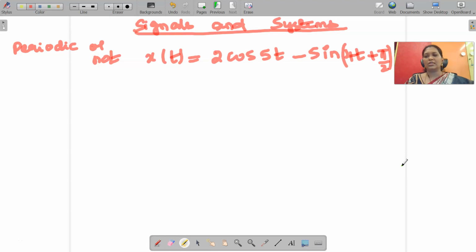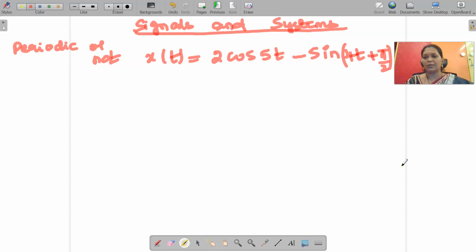Today we are going to discuss whether the given signal is periodic or not. If it is periodic, we are going to find out the fundamental time period. So what is the condition for periodicity? The condition for periodicity is x of t is equal to x of t plus capital T, meaning that whenever the signal repeats again and again after a certain period of time, then it is said to